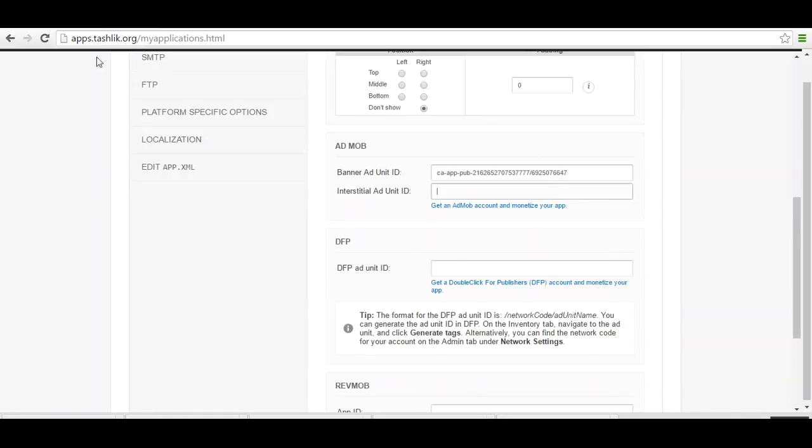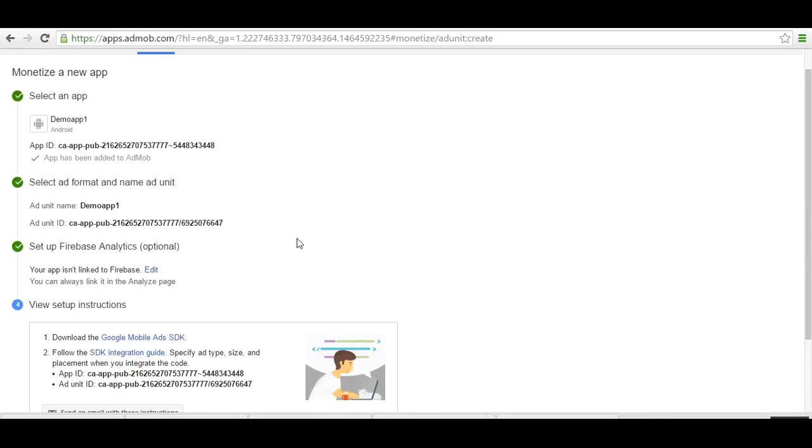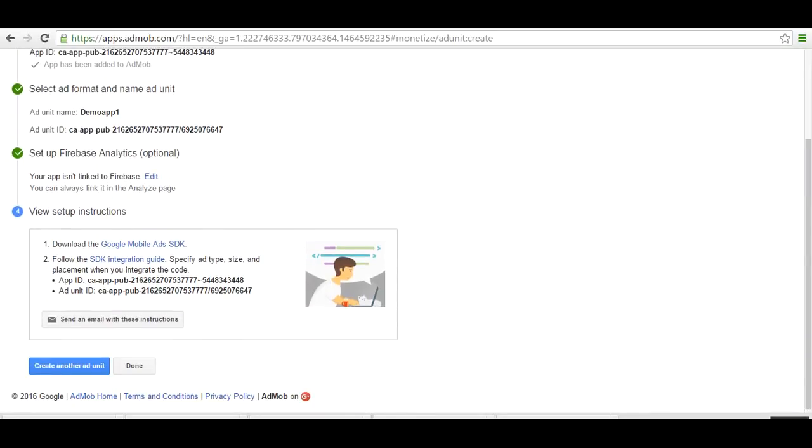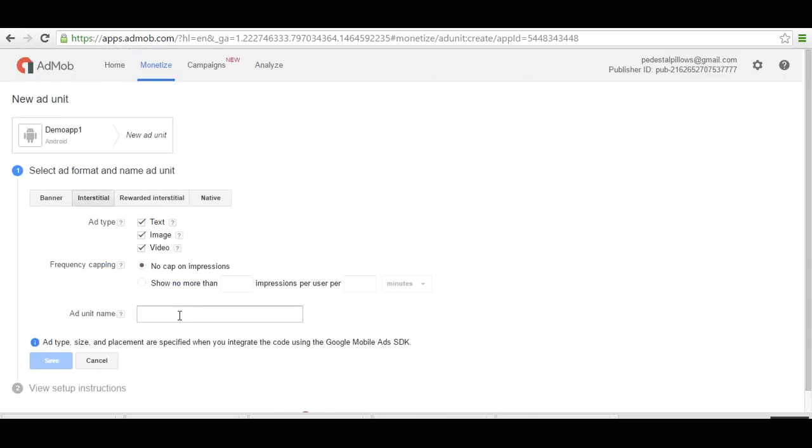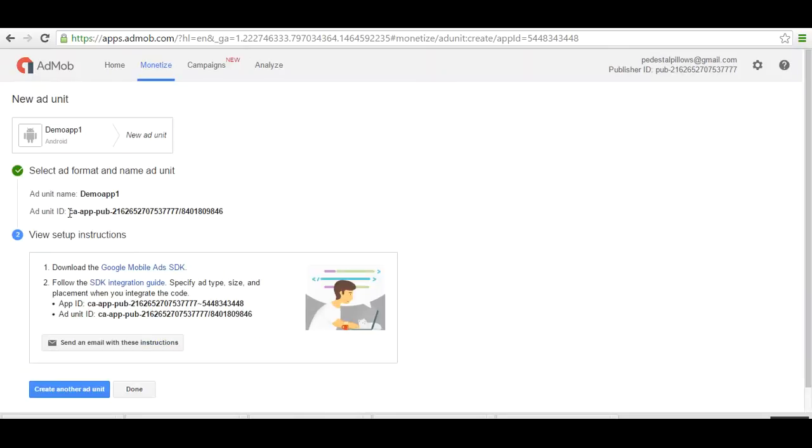Now again create another ID for the interstitial ad. This time for interstitial, enter your app name. This is the ID. Copy this.